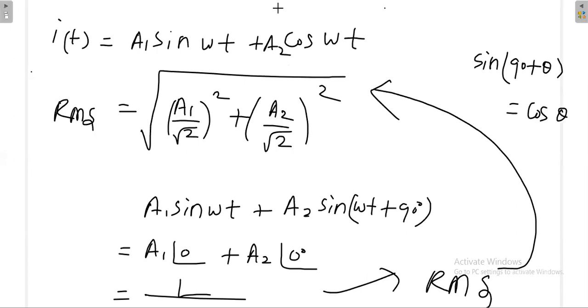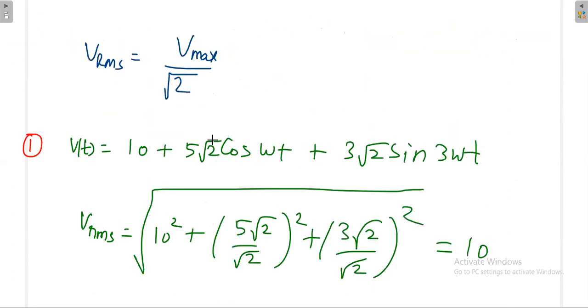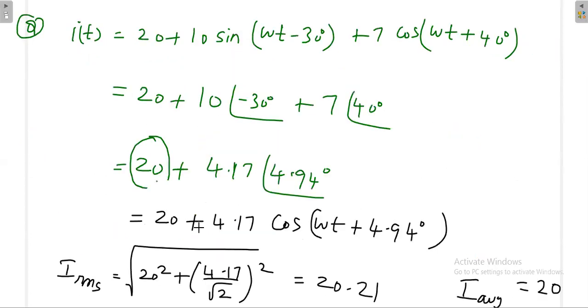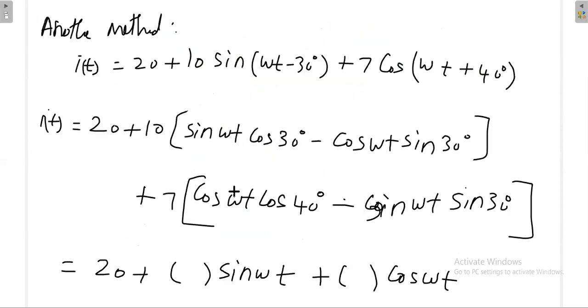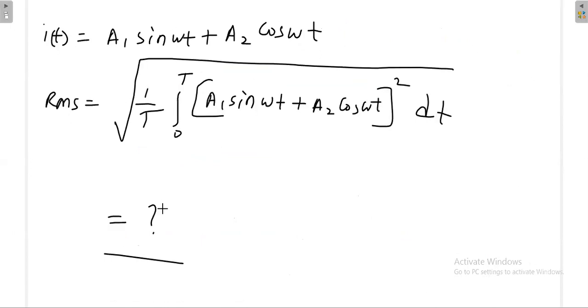But as for this understanding, if you see the first problem, we took cos here, we took sine here, but we directly took it like this. Okay, we have directly taken like this, then that means here also we can take directly, no problem. But you make sure that even if you go by this method, you are getting the same answer, or by this method you are getting the same answer. Then finally I will tell you why it is working.